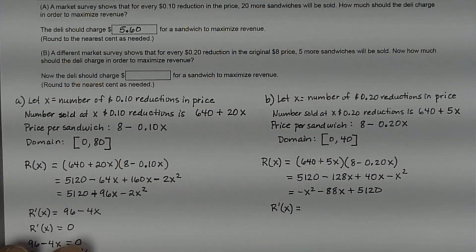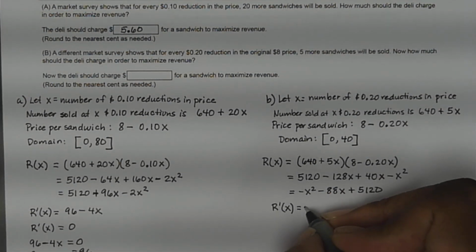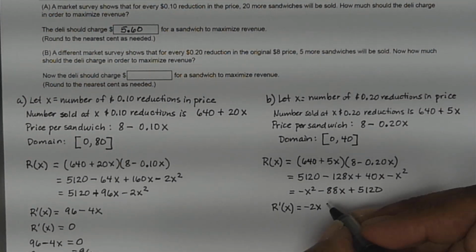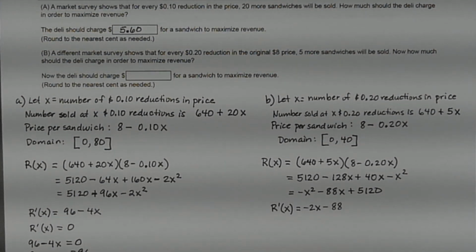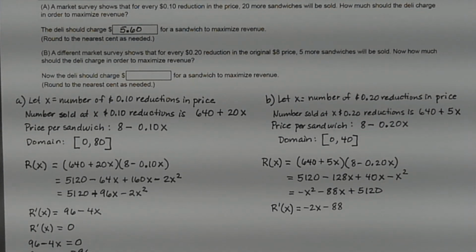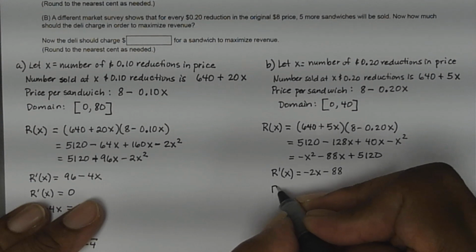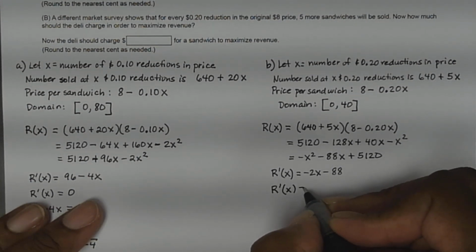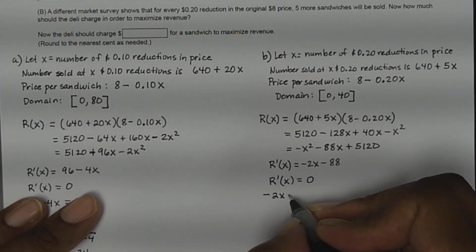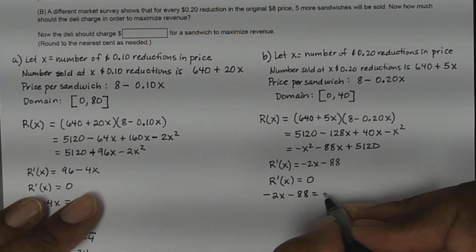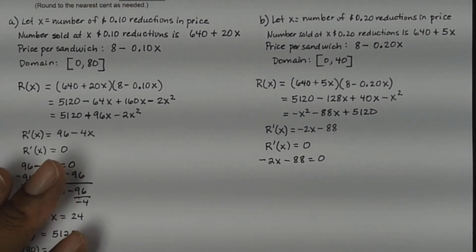Now let's find R prime of x. The derivative of negative x squared will be negative 2x. The derivative of minus 88x will be minus 88. And the derivative of 5120 will be 0. So that's R prime of x. The next step would be to set R prime of x equal to 0. So I have negative 2x minus 88 equal to 0. And then to solve for x,